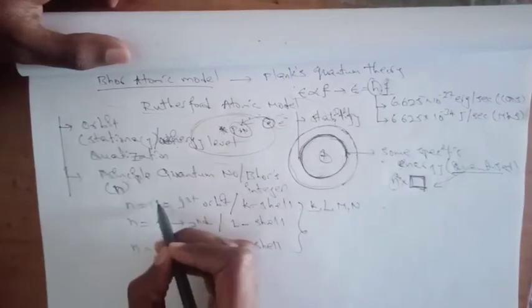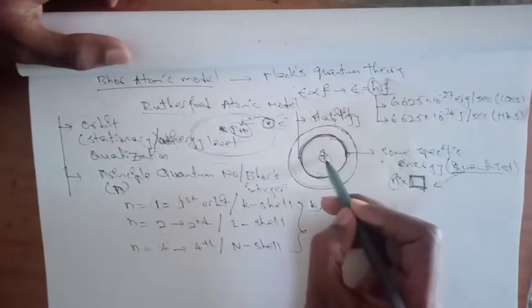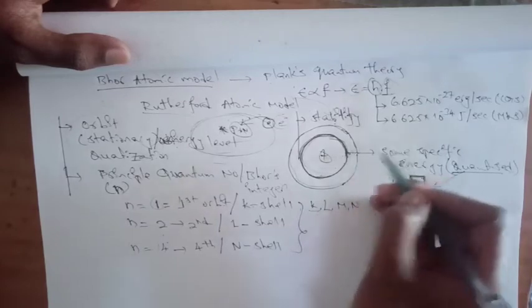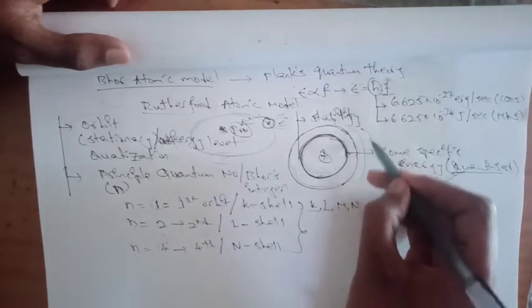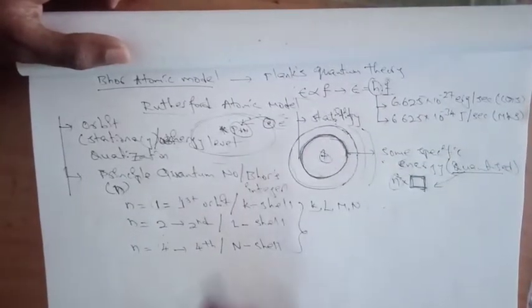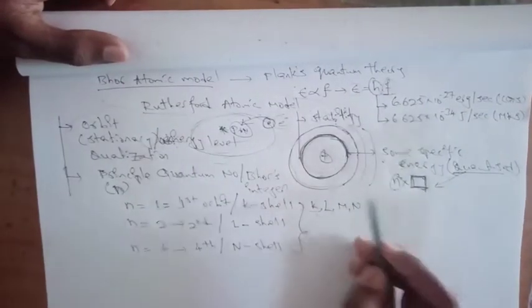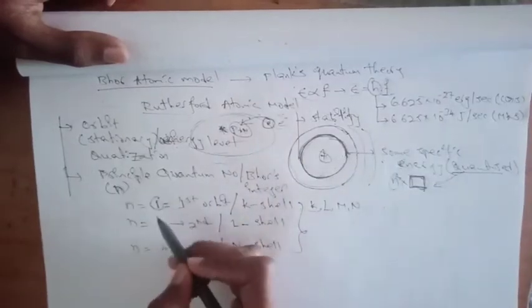This arrangement comes with the number of the position of the orbit from the nucleus. It is the first orbit and this is the second orbit. If we draw another one, it becomes the third orbit and then the fourth orbit, like that. It continues forever. One thing we have to consider is, as the n value increases,